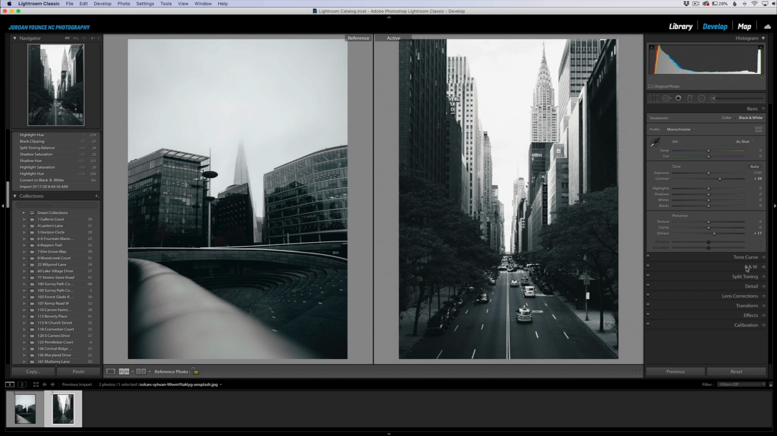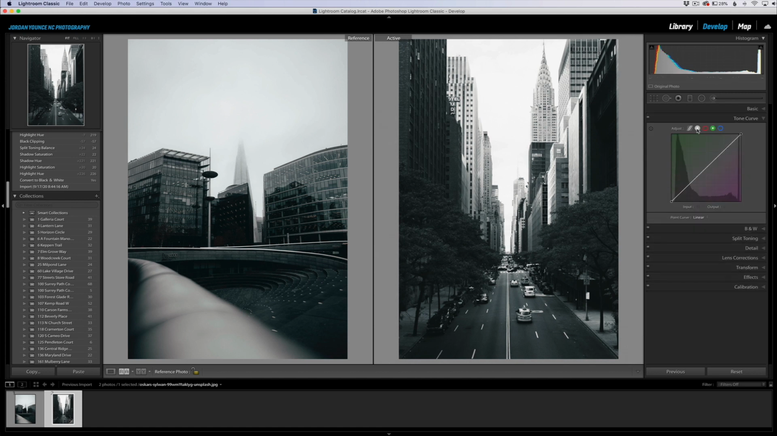I'm actually going to go down to our tone curve, and I'm going to go to our monochrome tone curve, and I'm going to play with bringing those shadows down a little bit more to make it more dark. You can see we have a lot of dark here. So bringing that down, and then let's take our highlights and just bump them down a little bit as well,